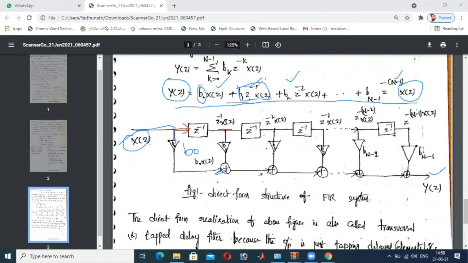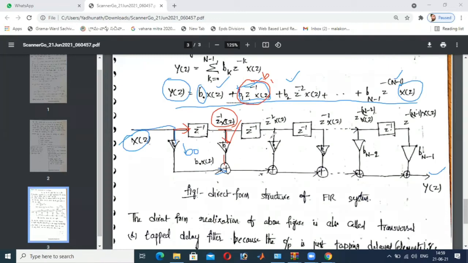If you observe the second term also, I have one more coefficient, that is nothing but b1. So here b1 is a coefficient value. For that purpose, whatever the output after the delay unit, that is again passed through one multiplier with a coefficient of b1 like this. So this resultant value is multiplied with the b1 value, and whatever the resultant value we obtain after the multiplier is again added to this adder.